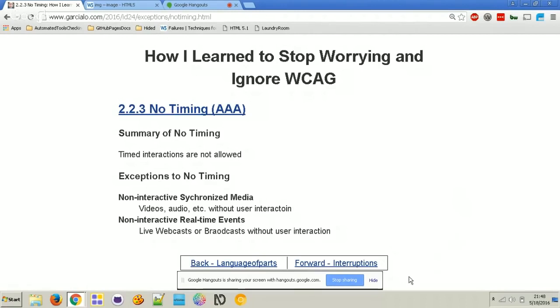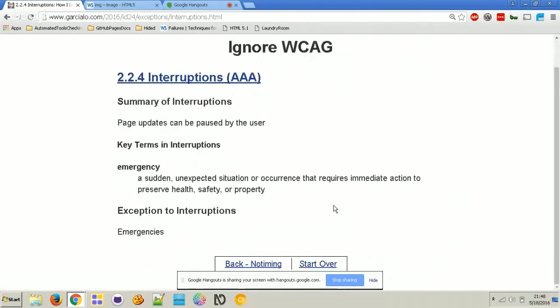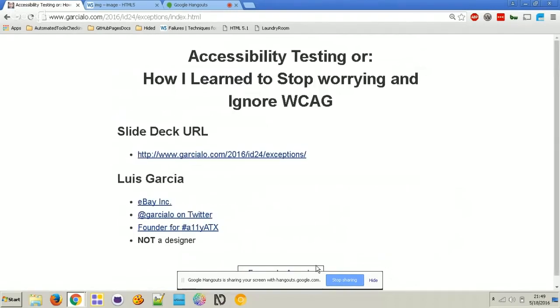So, I have another one, interruptions. I forgot about this one. We'll go through this one very quickly as well. Very quickly. Actually, we can go ahead and stop here because I put all the AAA ones kind of at the end, so that way, if we ran out of time, they're not as important. Well, since they're usually ignored anyway. Yeah, exactly. Usually ignored, so we don't really need it. Yeah. All right. Well, there we go.